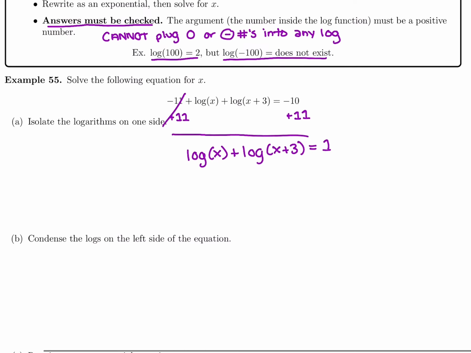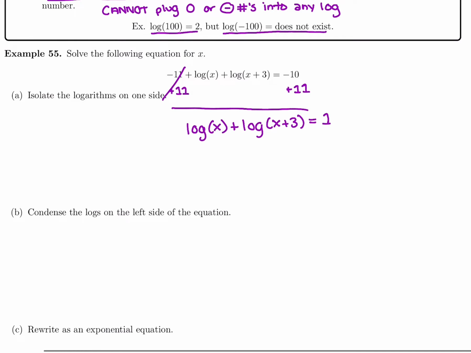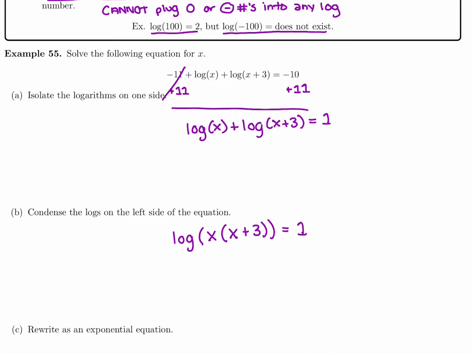And now our next step is going to be to condense those logs. We want to raise them from a base 10 to cancel out with the log, but we can't do that until we condense. So condense before we try to cancel. So we're going to condense this all into one logarithm. And we want to remember that addition is going to mean that we really multiply these. So we have x times x plus 3 for our condensing rules. Addition means multiplication, and then we actually need to multiply these out, which gives us log of x times x is x squared, and x times 3 is 3x,